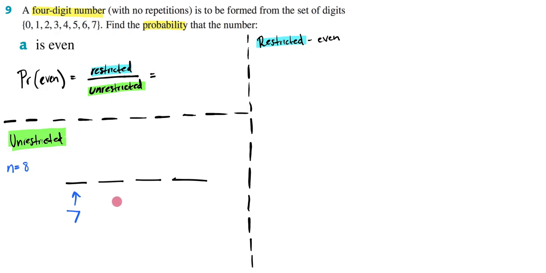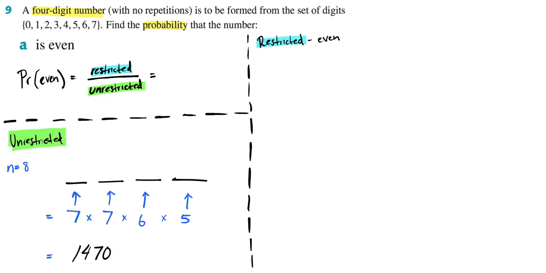Next, let's keep on going. How many options am I going to have for the second position? Well, I've already used a number here, and I can use my 0 here. So that means I'm going to have 7 options. Then I'm going to have 6 options, and then I'm going to have 5 options. Therefore, to find the amount of permutations I could have for the unrestricted ones, I'm simply going to times all of these together. And if I do that, so now I'm going to get out my calculator and go 7 times 7 times 6 times 5. That's going to be